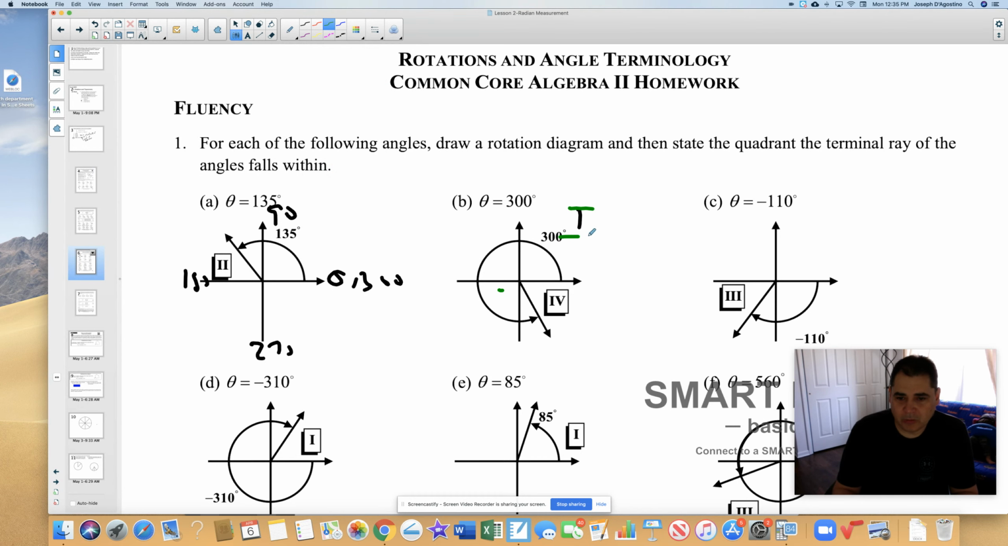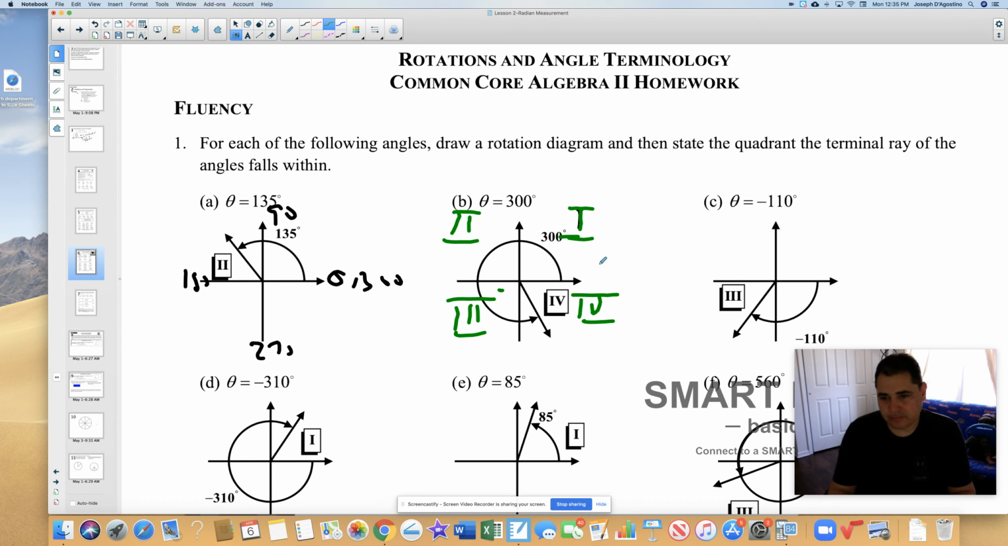So this is quadrant 1. This is quadrant 2, quadrant 3, quadrant 4. So it terminates in quadrant 4. Again, it's counterclockwise. All right, now what I like to do, this is showing that it's going clockwise because it's